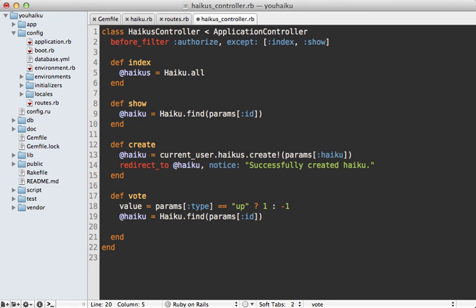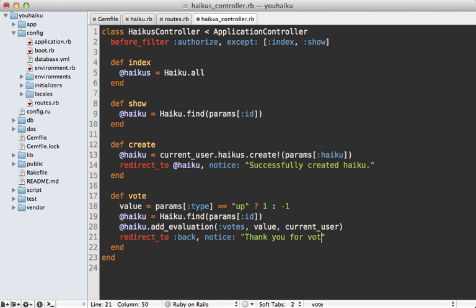Next, I can use a method provided by the reputation system called add_evaluation, and this takes 3 arguments. The first one is the name of the reputation, which is votes. And then the next one is the value to do, so that's going to be the value variable we set earlier. And the third one is the source object, which in this case is going to be the current user object. And then finally, I'll just redirect back, which is the referer, and say a notice saying thank